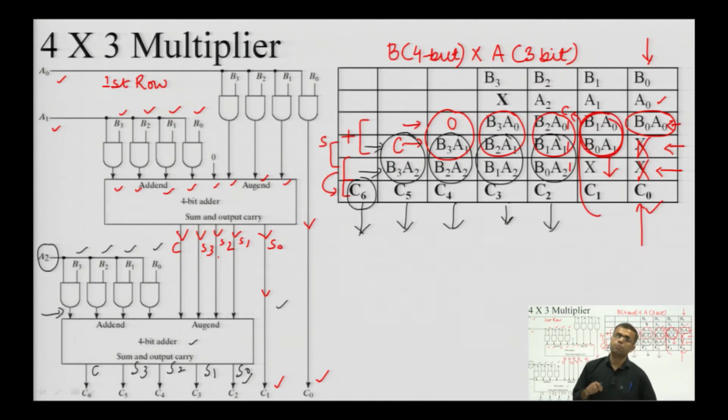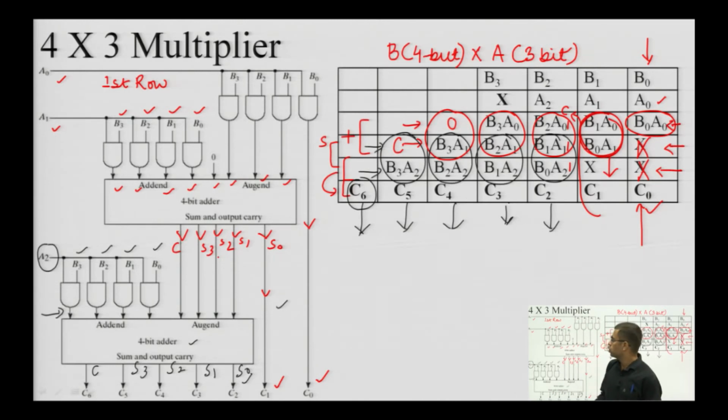Similarly, this concept can be extended to a 4 cross 4 multiplier as well. Okay. It can be clearly seen that there must be another row here. So, there are 3 rows in a 4 cross 3 multiplier. In a 4 cross 4 multiplier, there must be 4 rows. That means this sum will not be considered the final sum and we will use another 4-bit parallel binary adder to add one more row for A 3 into B 3, B 2, B 1, B 0. Okay. So, this is how we can extend this multiplication concept to 4 cross 4 multiplication.